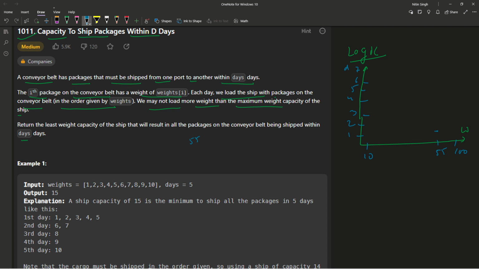If I take a weight of, let's say, 40, then assume that it's going to take 3 days, right? If I take 15, then we already know that it's going to take 5, right? But if I take 10, it's going to take 6. So can't you see, guys, that this is going to be a decreasing graph, right? And we know that if we are taking a weight of 40, and it is possible to transfer all the packages in less than or equal to 5 days, then